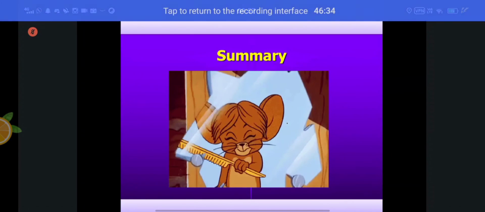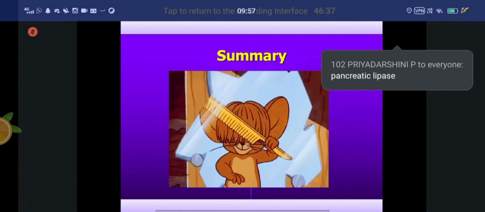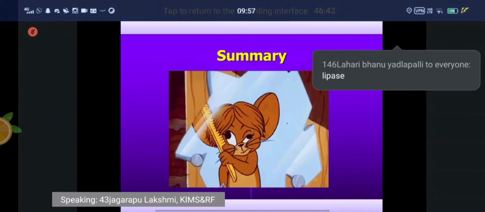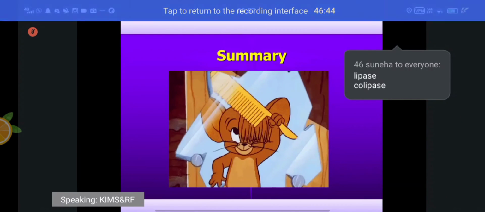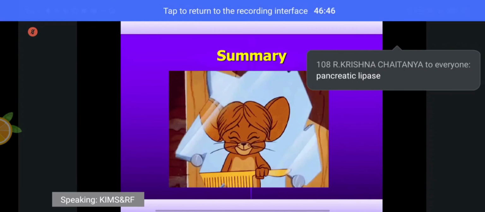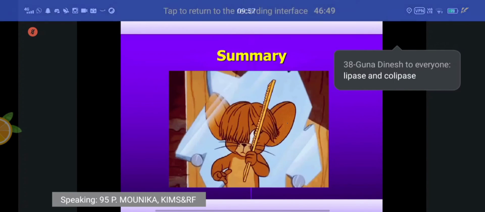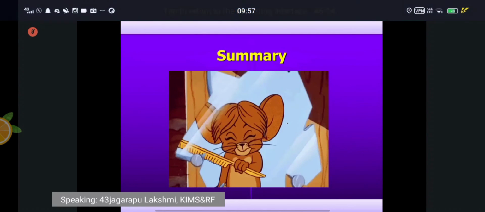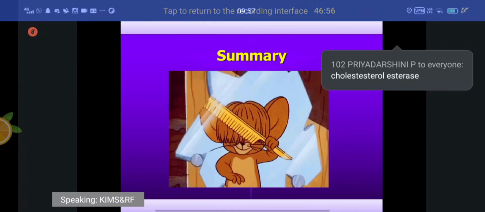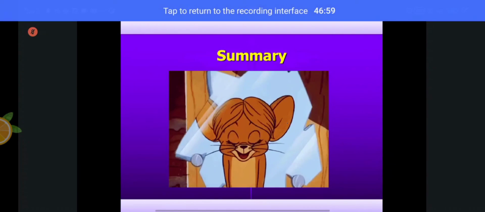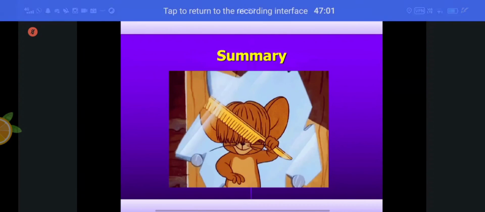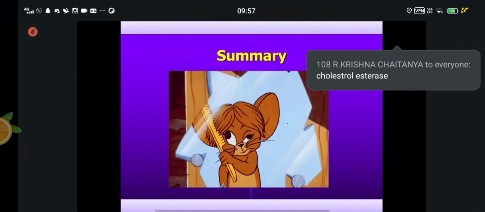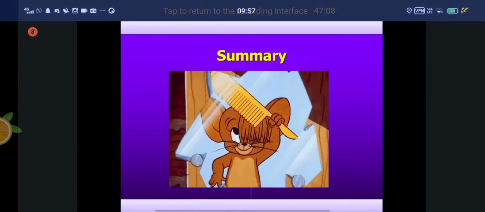Lipolytic. Nucleases, elastase. Lipolytic means we have to go with the pancreatic lipase. Pancreatic lipase, phospholipase, and for cholesterol ester, hydrolase. Then of course you can add nuclease and all. Amylase is the only amylolytic enzyme. Then trypsin inhibitor, you have to give one note on that, and the applied aspect also.